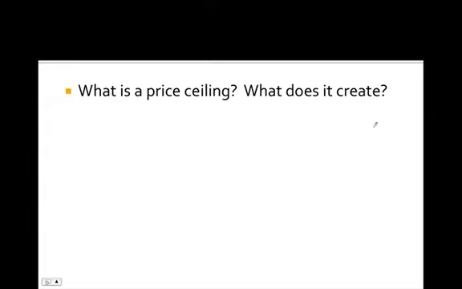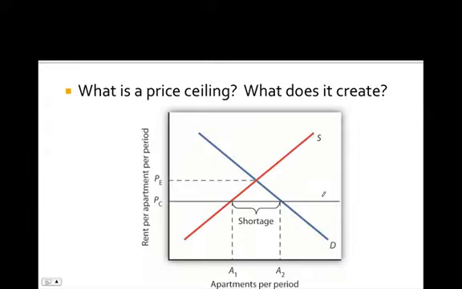Price ceiling is, of course, going to be the opposite. So price ceiling is where you hold a price artificially low. The example you'll see on the test is rent control. When rent is held lower than what the market value is, and this is something that happens in New York, okay,